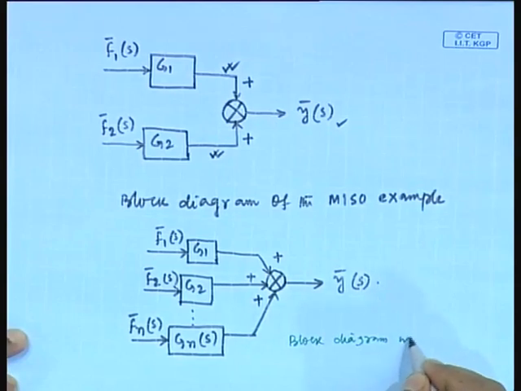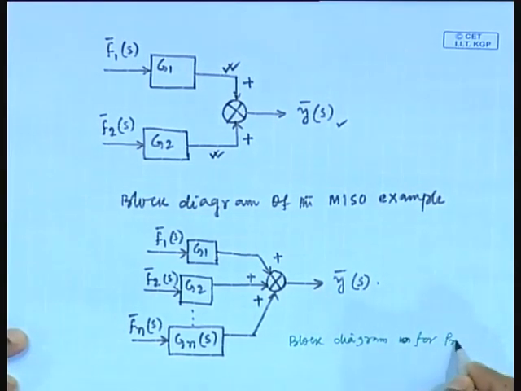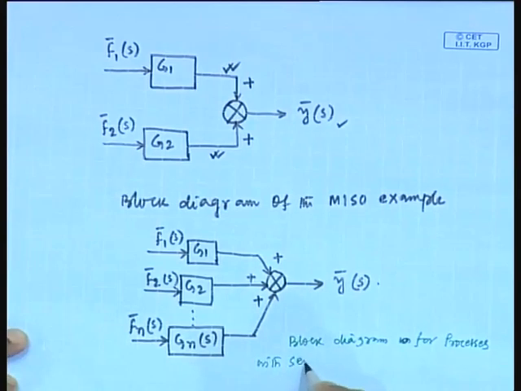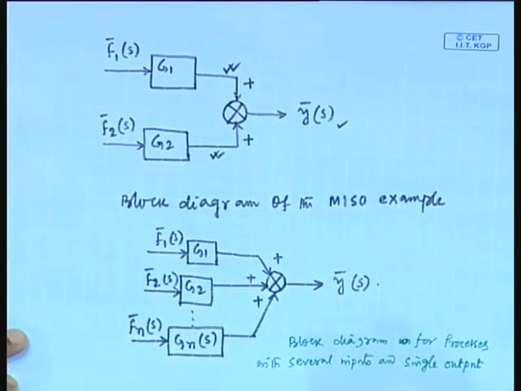block diagram for processes with several inputs and one output or single output,